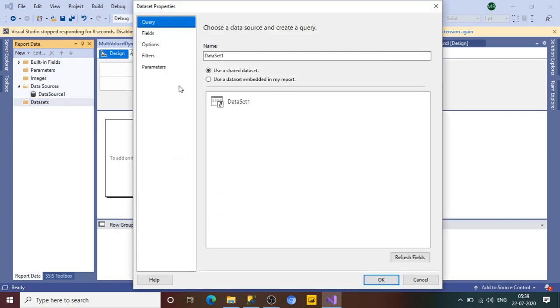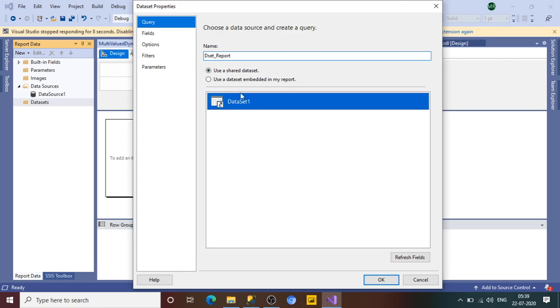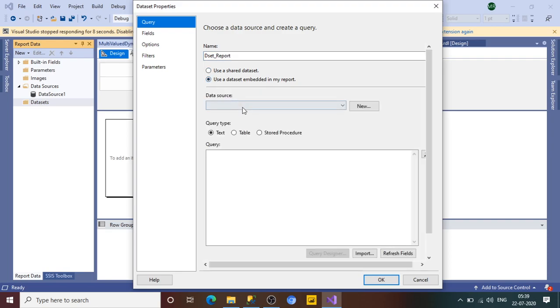Now we need to set up the data sets. Let me give a nicer name like report. So data set for the report, and this is going to be an embedded data set. Embedded data set means the data set that belongs to this particular report only.